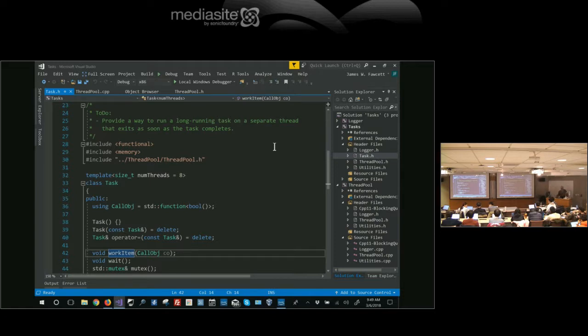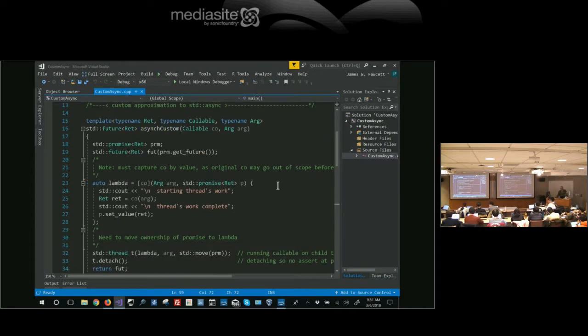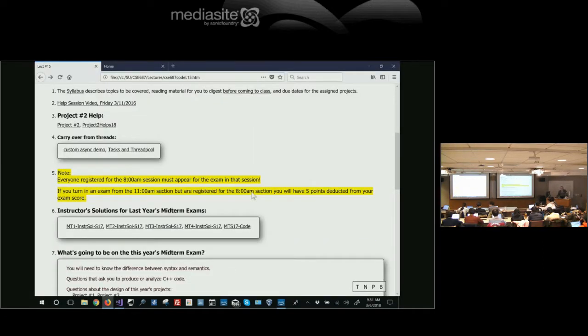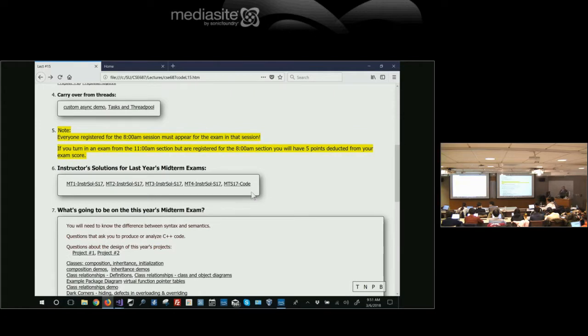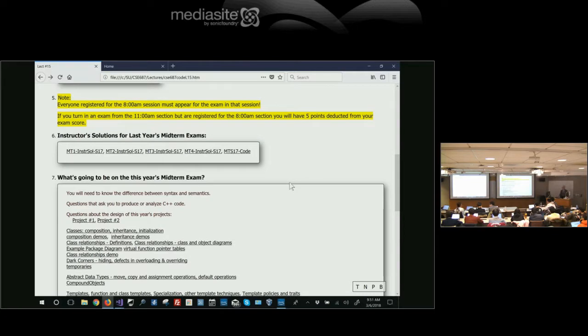Okay, so let's get to the midterm. One really good way to study for the midterm is to go and look at last year's midterms. It really is.